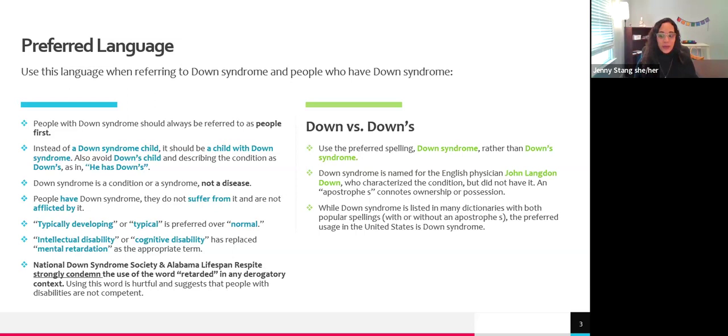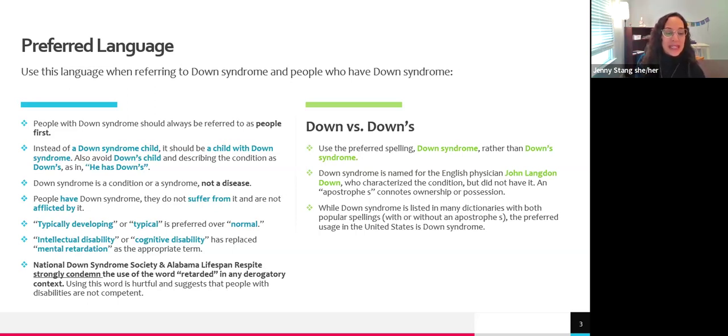It's important to know that even though there are some complications and maybe some new tools that we need to learn if we have Down syndrome or we're taking care of someone who does have Down syndrome, that doesn't necessarily mean that they are worthy of pity or anything like that. A lot of people who have Down syndrome are very happy and they have very fulfilling lives. So to say that they're suffering from it or afflicted by it, it's not a good look. Okay, so we don't want to say that.